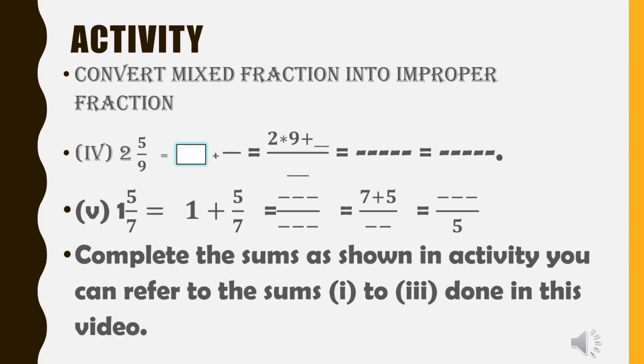So empty boxes are left over there, which represent that you have to write the correct number. Okay. And there are some operations which can be done, and the places which are blank you have to fill. So in the first question, after writing 2 into 9 plus dash upon dash, I have written dash only. So I have not mentioned what is to be done in the next two steps. So you will write it. Okay, you can refer to the previous three sums. When you see them, you will exactly understand what the next step could be.